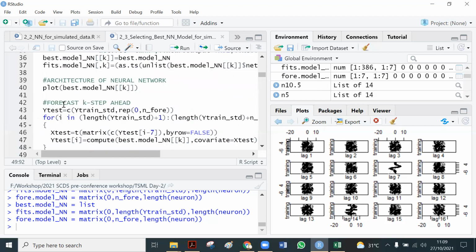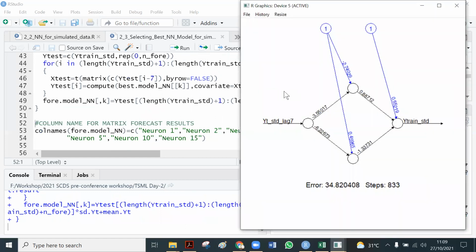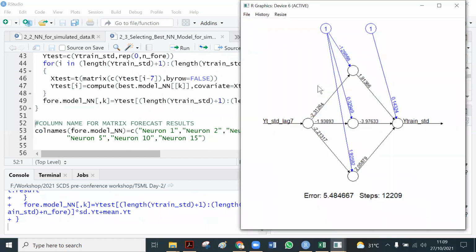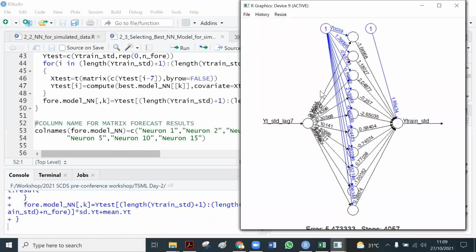Okay, and then we run this code. Yeah, because it tries several combinations, it appears like this.